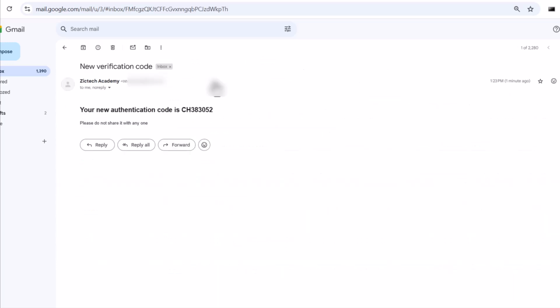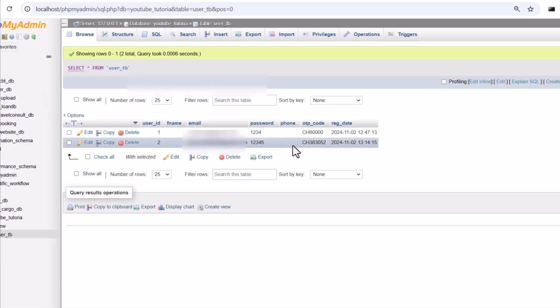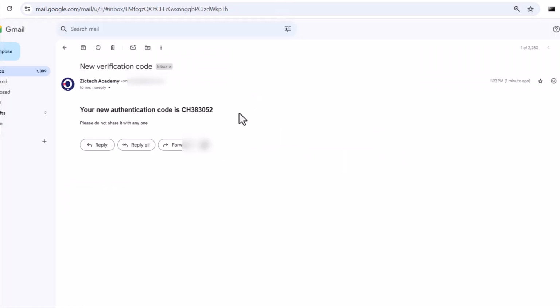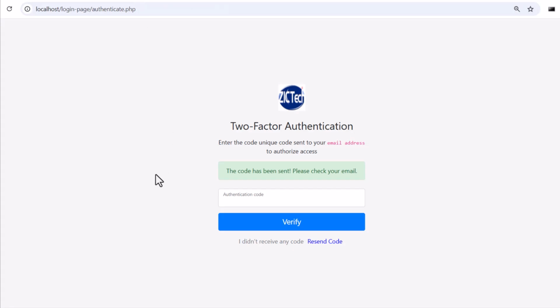Awesome, so awesome. You can see the code, it came. The code is here. Now let's check our database. If it's the same thing that we have in our database, you can see it, the same thing we have in our database. See it, everything is working beautifully. Everything is working as expected. Okay. So guys, that is it. We have also shown you how to implement resend code to a user